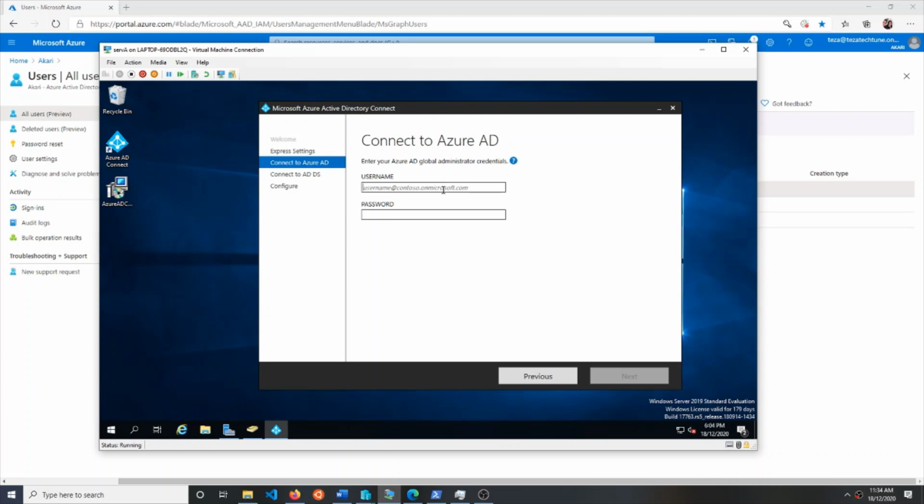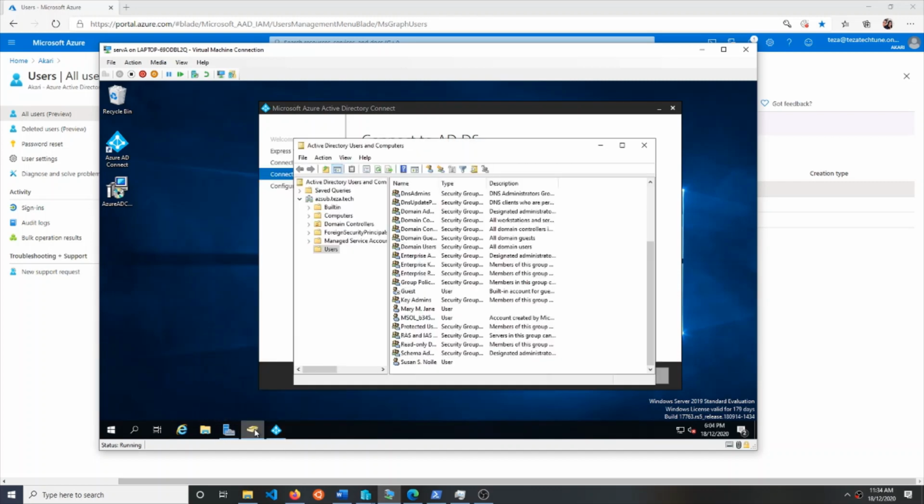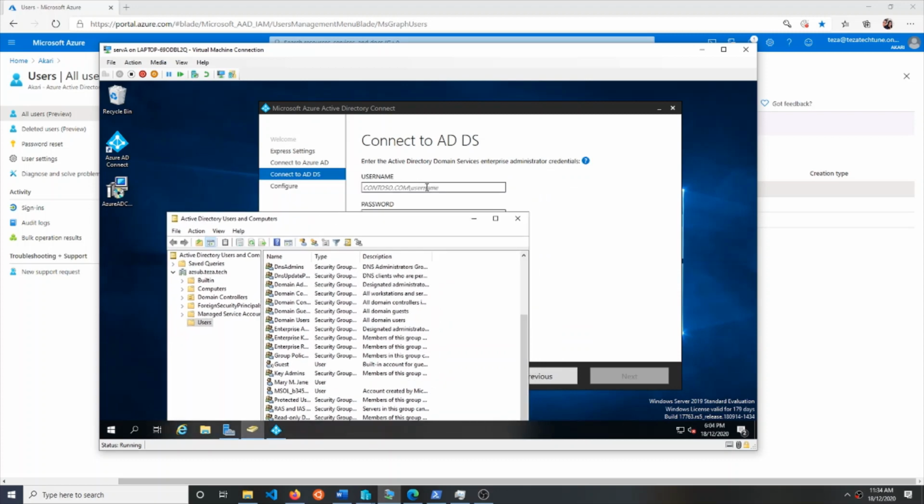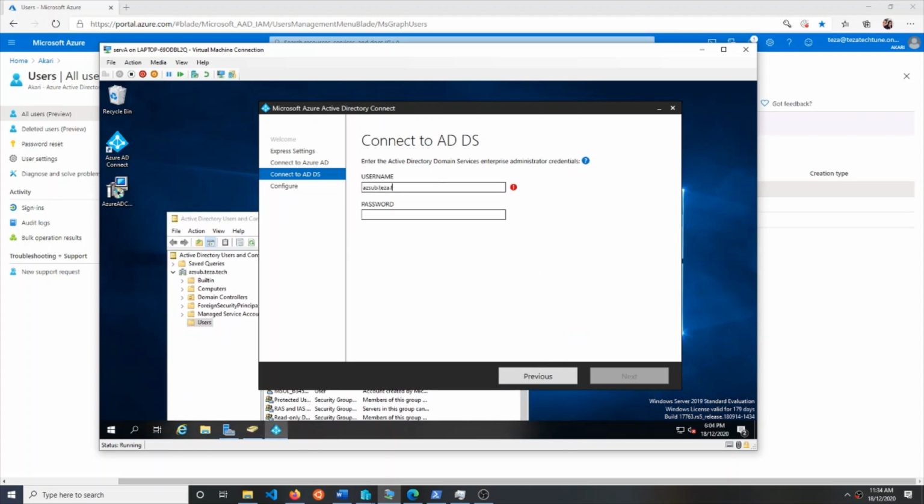I will need to enter my Azure administrator credentials. Next, and that will connect to Azure AD. And the next credential will be your local on-premise Active Directory administrator credential. It will be in the format of your domain and your username. So this will be my domain, sub.teaser.tech, and